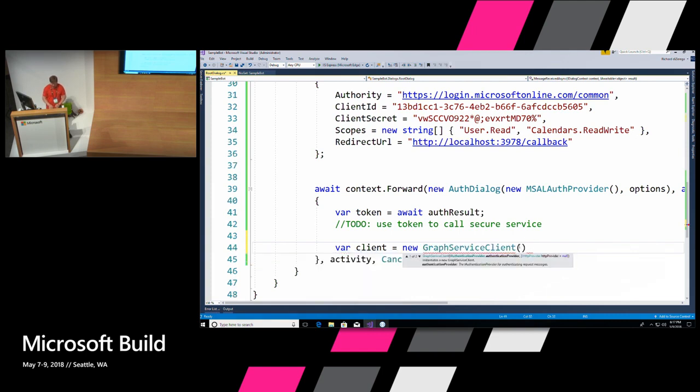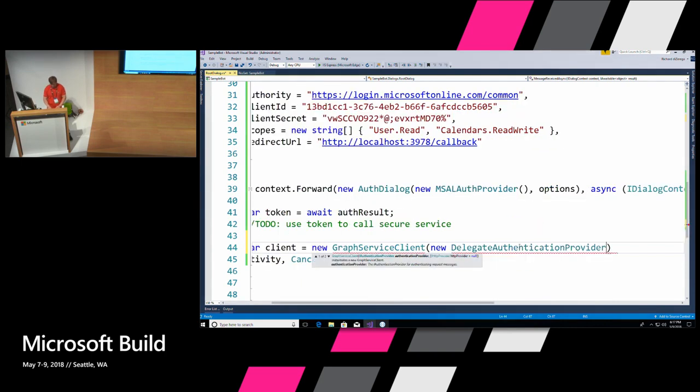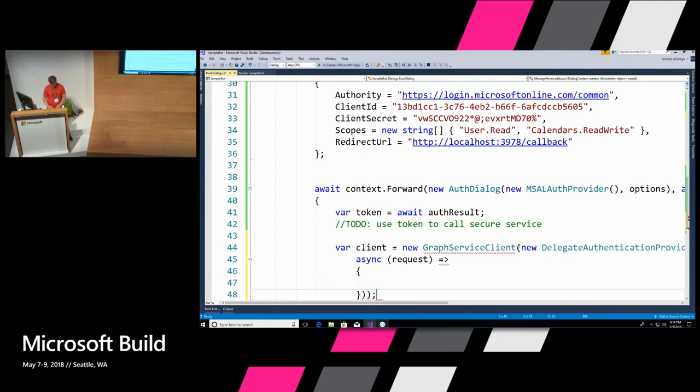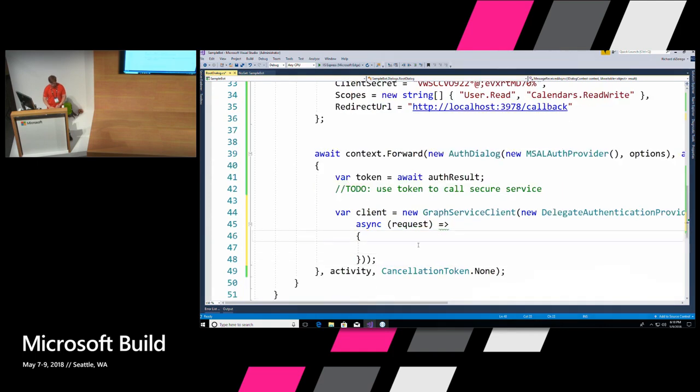And inside of this, what I'm going to pass is what's called a delegate authentication provider, which is essentially going to say, hey, use this to set that token in the header of every request that we make using that graph client. So we'll do a delegate authentication provider, and that is going to take an anonymous function in our case. So we'll just do an async. So it's essentially going to allow us to tack on things to our request. So there's our real simple little request. And what we want to do on this is say